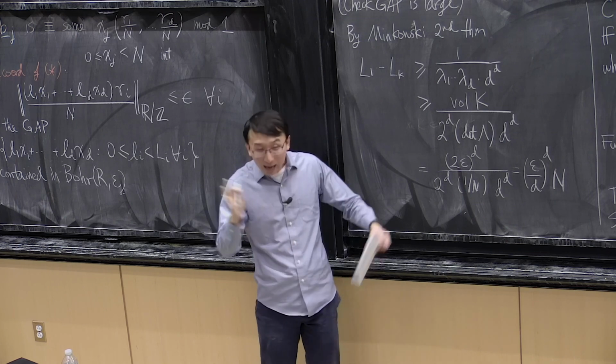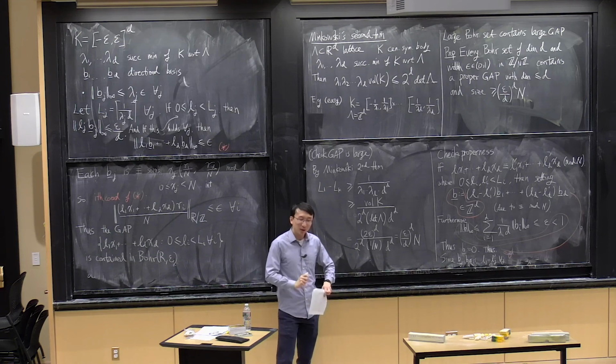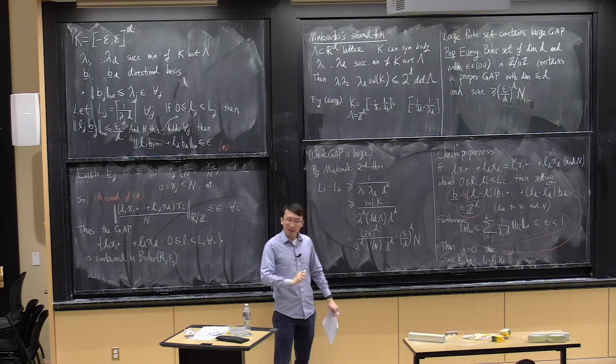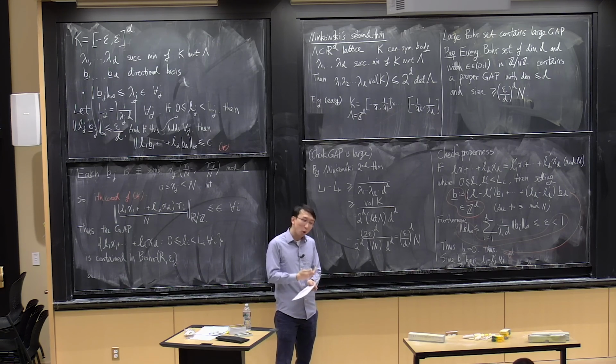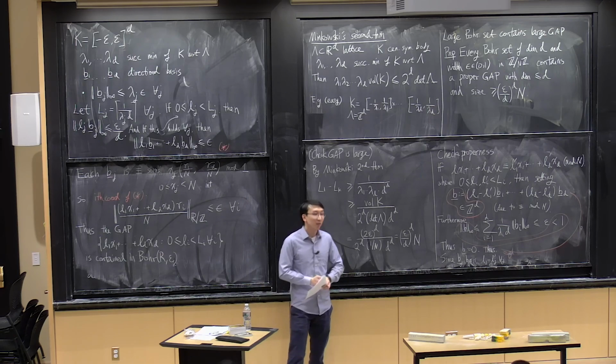Now we have pretty much all the ingredients that we need to prove Freiman's theorem, and that's what we'll do at the beginning of next lecture. We'll conclude the proof of Freiman's theorem. And I'll tell you also about an important conjecture in additive combinatorics called the polynomial Freiman-Ruzsa conjecture, which many people think is the most important open conjecture in additive combinatorics.